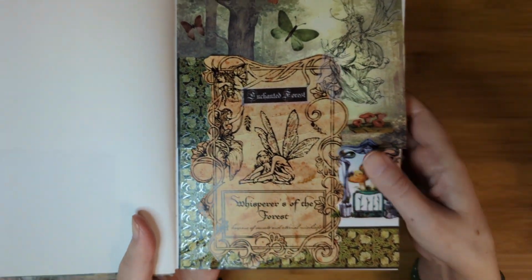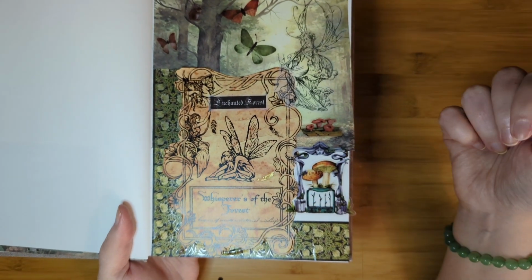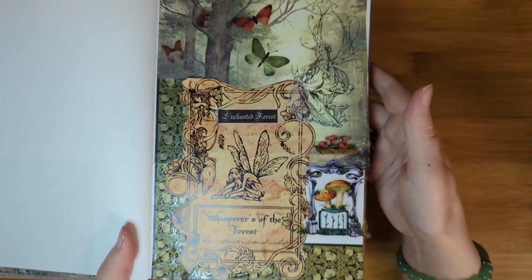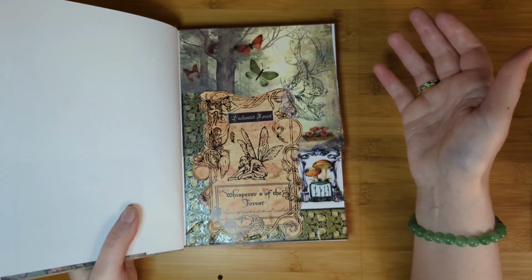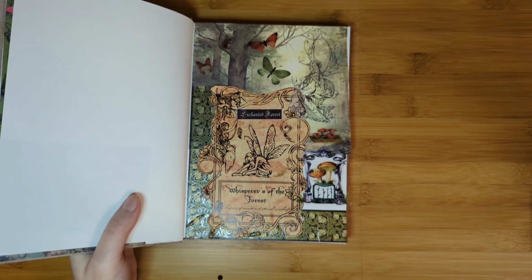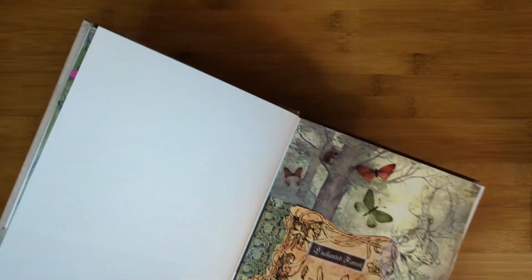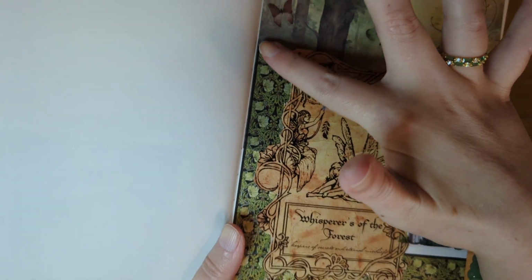Unfortunately, this was the last page I made. I remembered at the very end that I had an Enchanted Forest subscription box from Paperclips from January 2023. She might still have some of these items in her store. She does have past items from boxes that she sells. You can take a look, but it literally had a fairy cut out, and I did fussy cutting all along